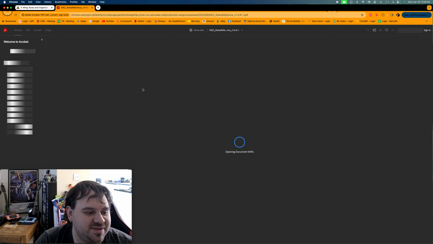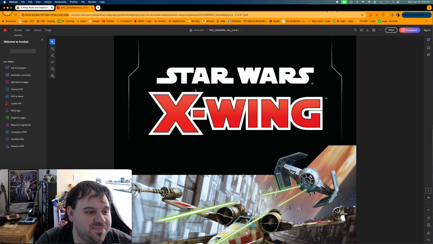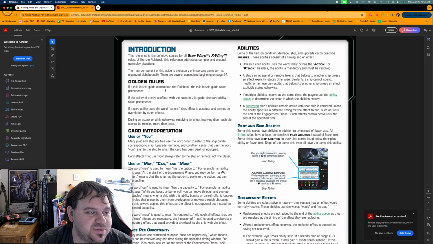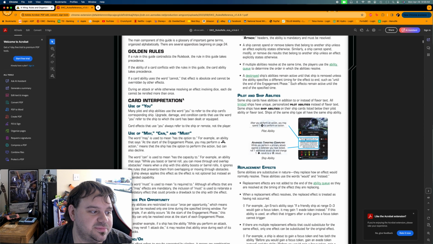So yeah, you've got the rules reference. Star Wars X-Wing, introduction, golden rules: if a rule in this guide contradicts the rule book, the rule in this guide takes precedence. Use of may, can, and must. So again, things that are mandatory versus "you may" are always kind of important, because if you miss the "you may," you don't get to go back and do it. If it's mandatory, you have to do it. If it's "you may,"